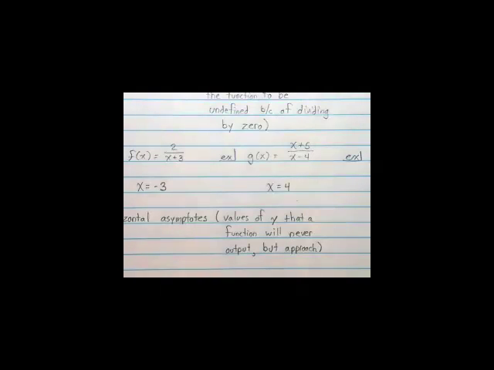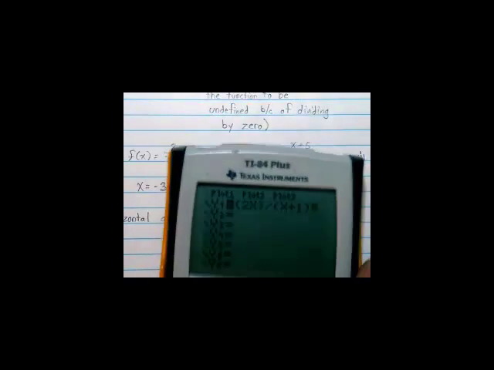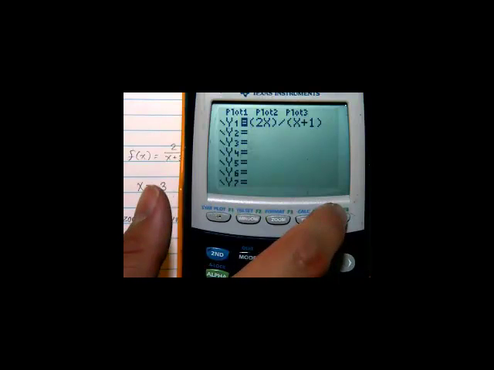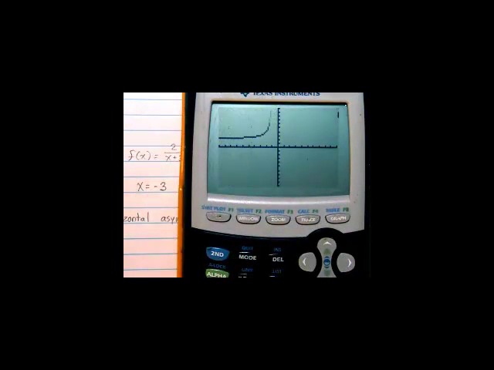So we're going to take a look at a particular function here on your calculator again. So go ahead and take those out. And we're going to do 2x divided by x plus 1. And be careful of how you type it in. Should have parentheses like that. Now, this particular function has a vertical asymptote and it has a horizontal asymptote. So when you graph that, standard window still should be good. We can make it smaller if we need to, but